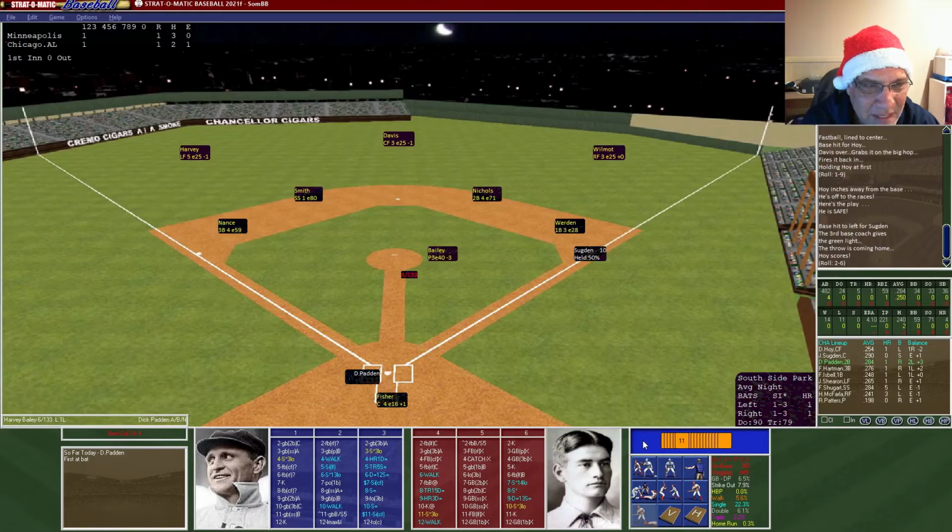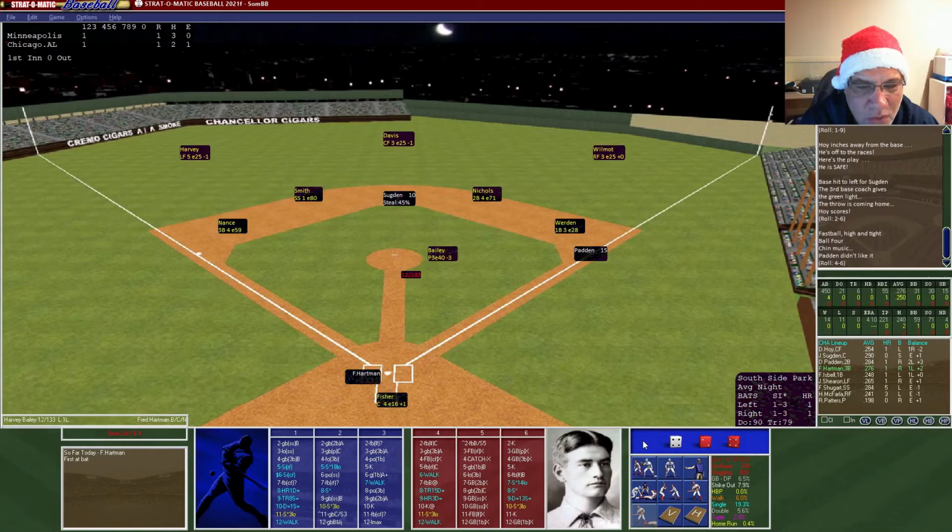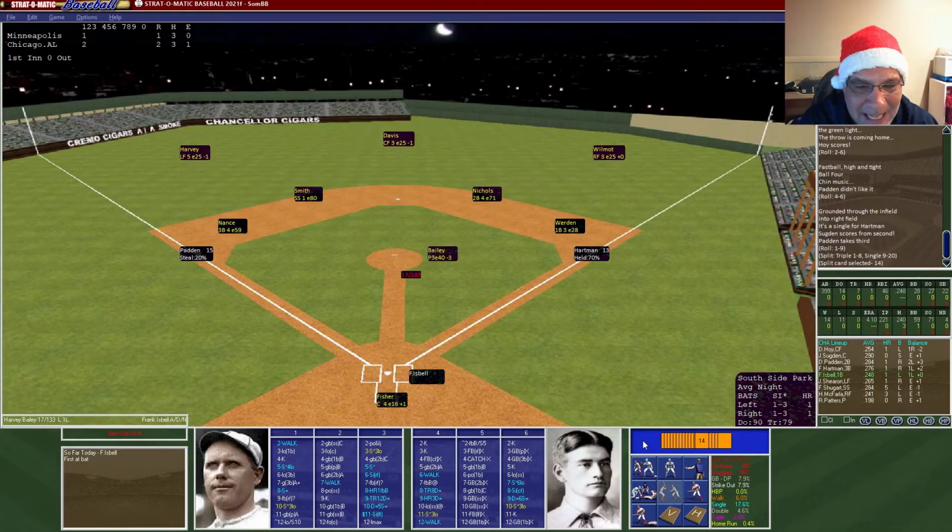Patton is up. He went 1 for 4. He's got a runner on first. There's no walks, and he's going to be issued a walk. So runners on first and second, still no outs. Here comes Hartman. And like the first two batters that were in front of him, he went 1 for 4. And like the first two batters, he's going to get on base. He needed a 1-8. He got a 14, so he's going to get a single, but it will be an RBI.